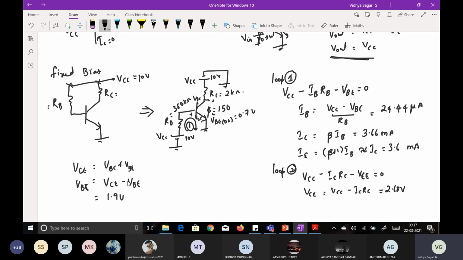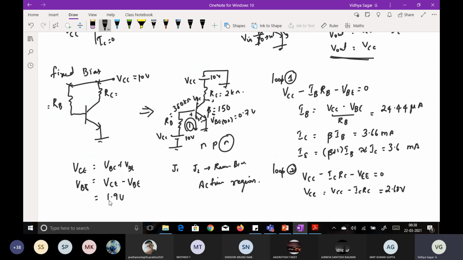So it means that junction J2 is applied with a positive value. So it is an NPN transistor. Fine. So NPN transistor, junction J1 is forward bias. If junction J2 is a positive value, it means that junction J2 is reverse biased. Why? Because NPN transistor, right? So for N, you have given a positive value. So junction J2 is reverse bias. It means that your device is operating in active region.